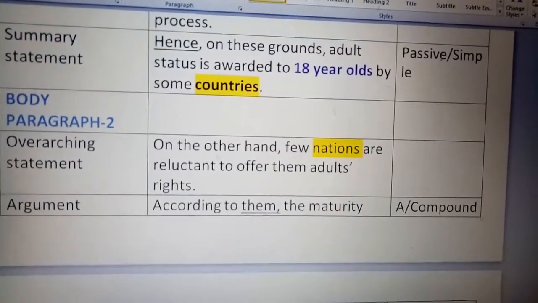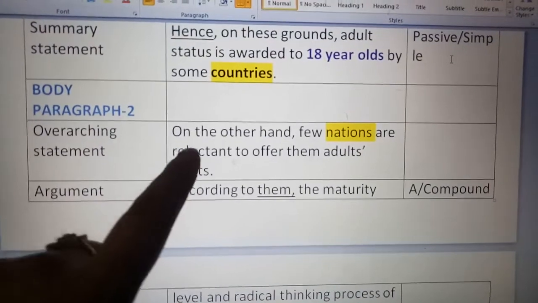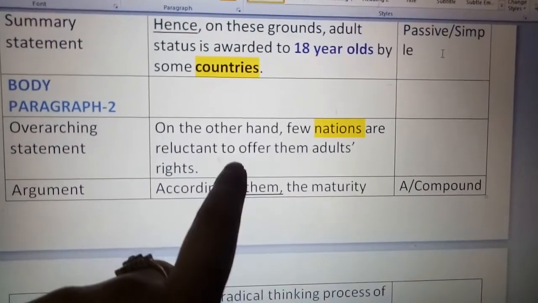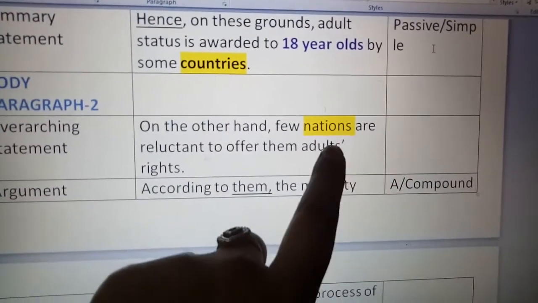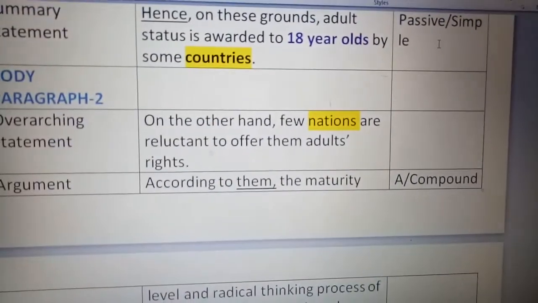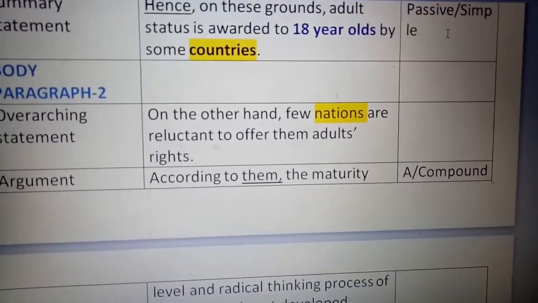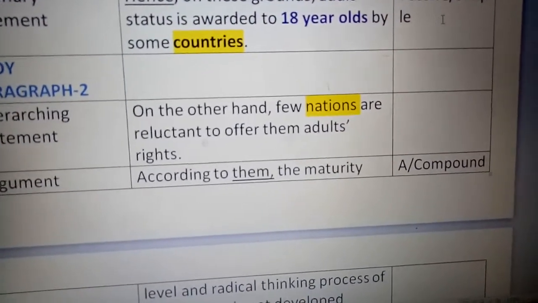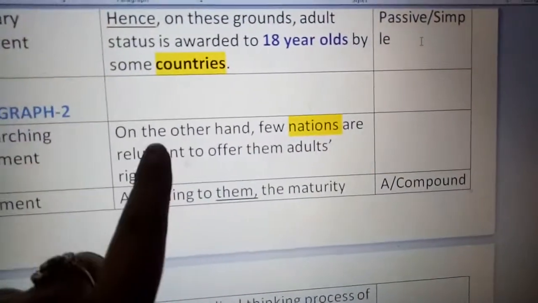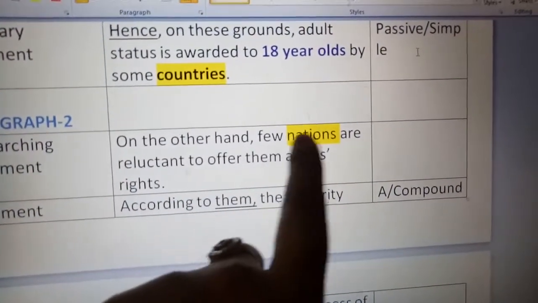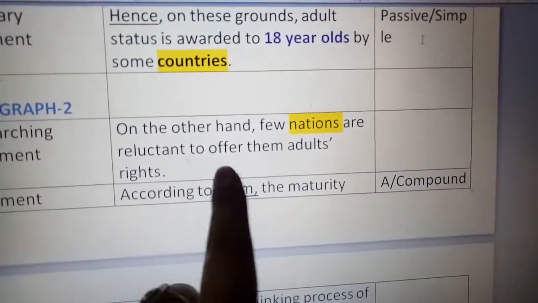Coming to body paragraph 2, the overarching statement is, on the other hand, few nations are reluctant to offer them adults' rights. Countries, nations, these are the two words which I felt are the only ones which could be used in this essay. There were other synonyms like political territories, which did not look good here to be inserted here, so I used these two. On the other hand, few nations are reluctant, means they avoid, they do not like to offer them